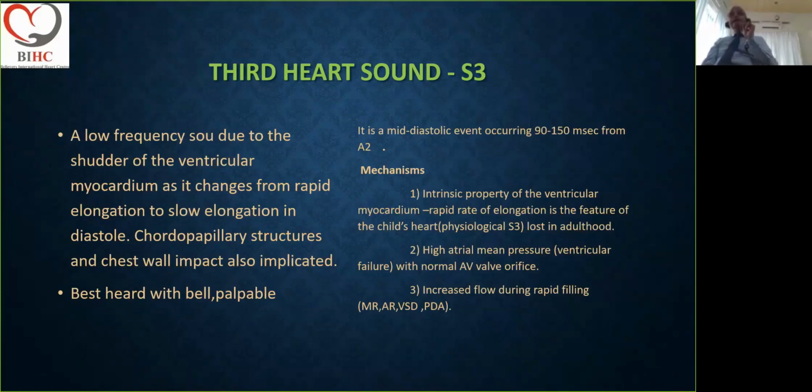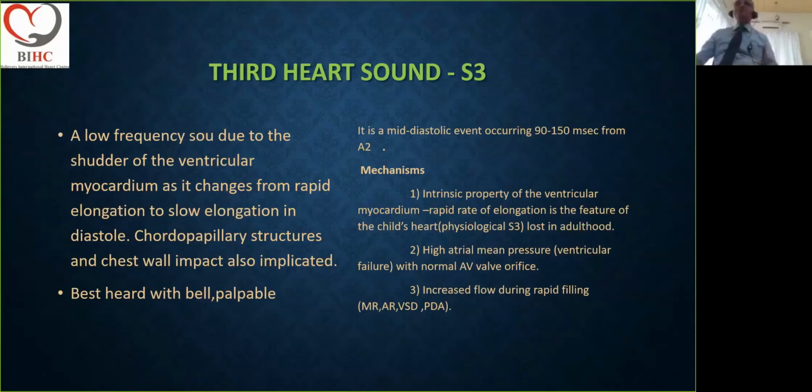And the irony of the third sound is that we hail it as a sign of a normal heart in a child, and we also hail it as the first marker of a dysfunctioning left ventricle in the failing ventricle. This would seem paradoxical and would demand an explanation. This is because